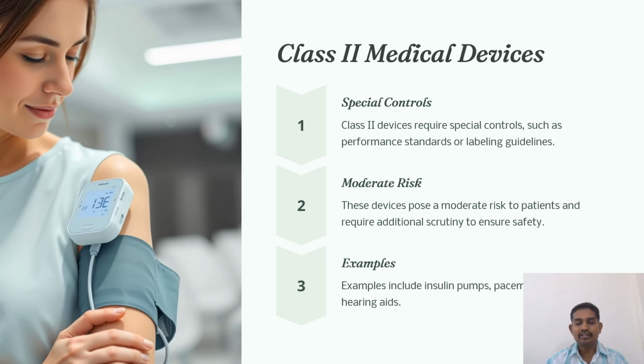So these possess a moderate risk to the patient and require additional scrutiny to ensure safety, such as insulin pumps, pacemakers, hearing aids, and various other examples. In the case of insulin pumps, based upon the blood glucose level of a particular patient, the level of insulin has to be adjusted, whereas in the case of pacemakers, based upon the heart disorder that has occurred for a particular patient, these kinds of instruments will be useful for patients who are suffering from cardiac